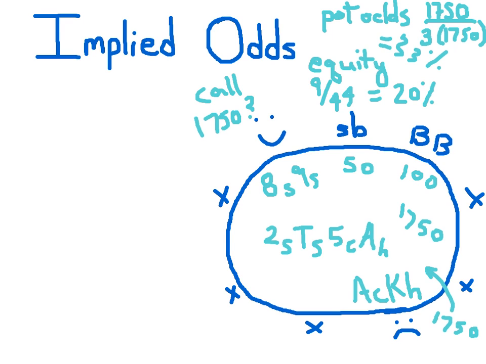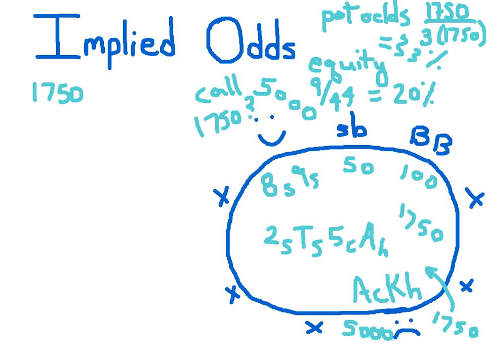But what if our opponent had a stack of 5,000 chips behind? And we did too, we had 5,000 more chips. If you think that your opponent might put even a portion of these 5,000 chips on a spade river, maybe we would have what we call implied odds. Think about it. Our 1750 bet